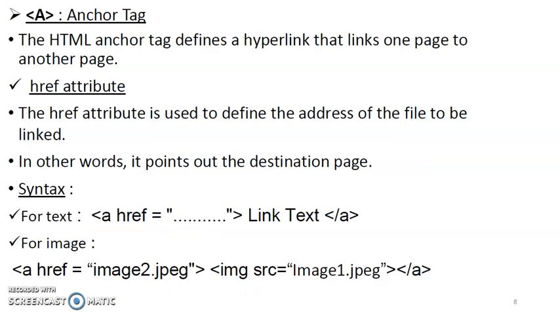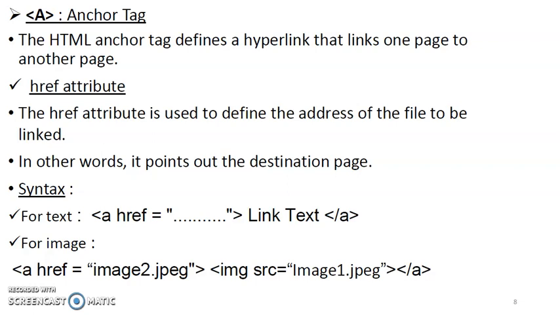Now in URL you can use the A tag. Now what is the meaning of A? That is the anchor tag. Specially this tag defines the hyperlink that links one page to another page. Means what? If I want to create a link on your web page, then the A tag is used to create the hyperlink.